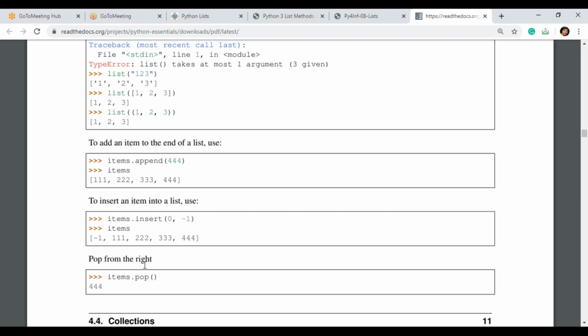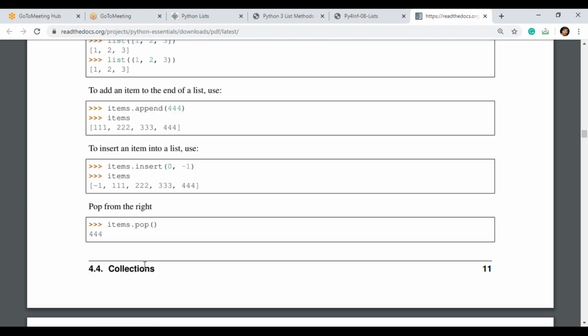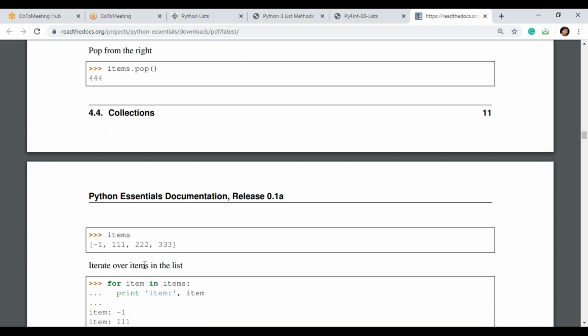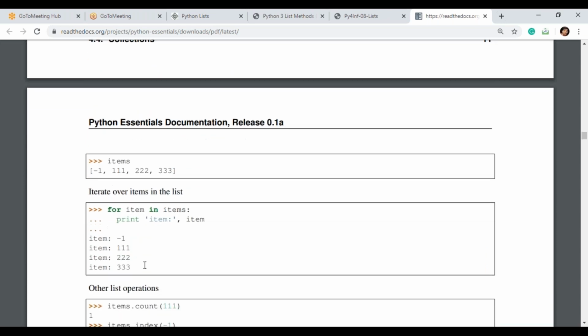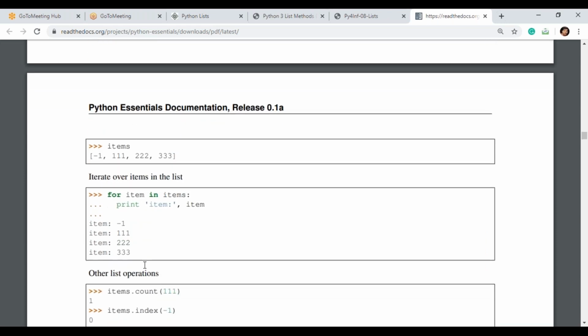Pop operations are stack operations. Stack follows last in, first out. So we can remove at the end of the given list. Next, so now items is -1 222 333.